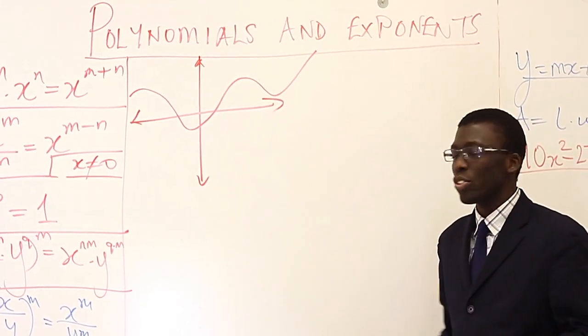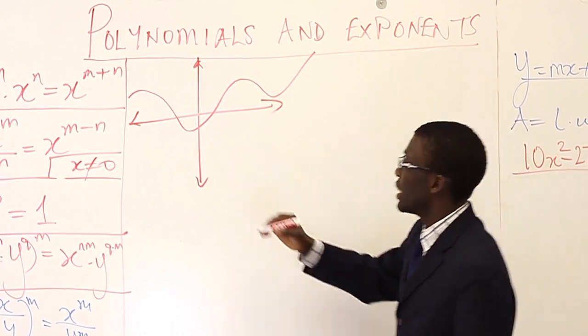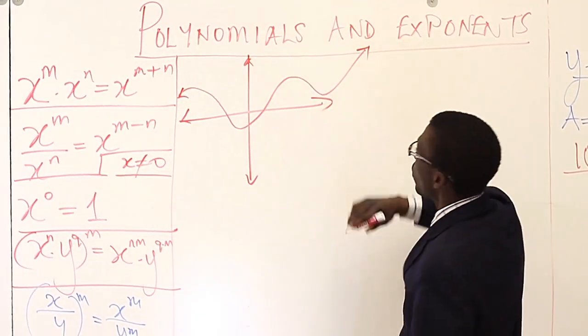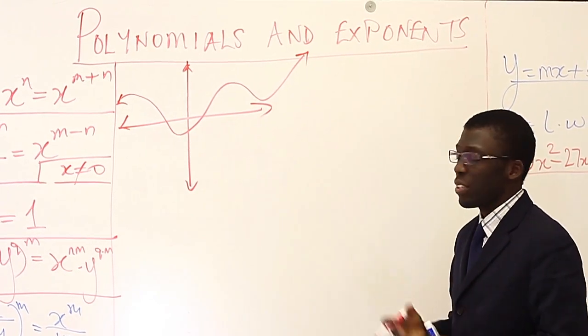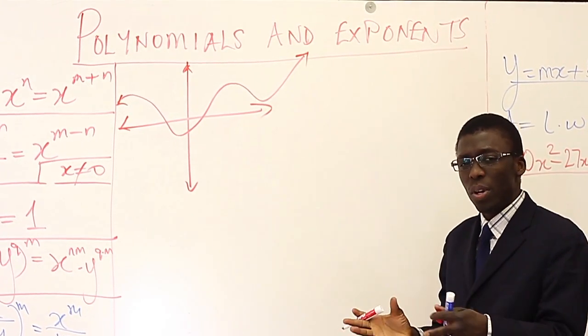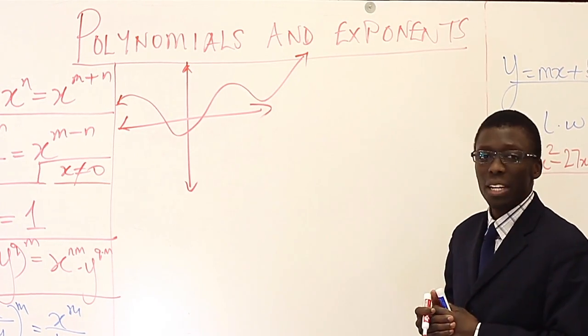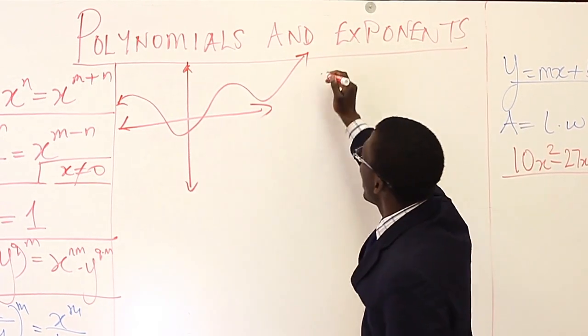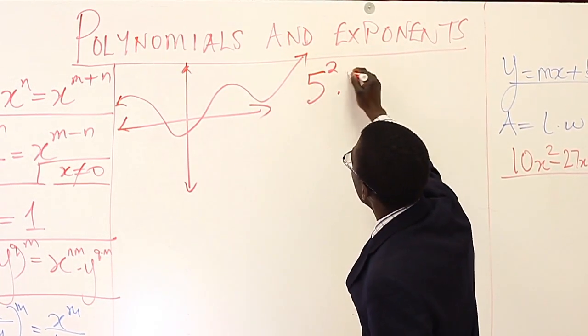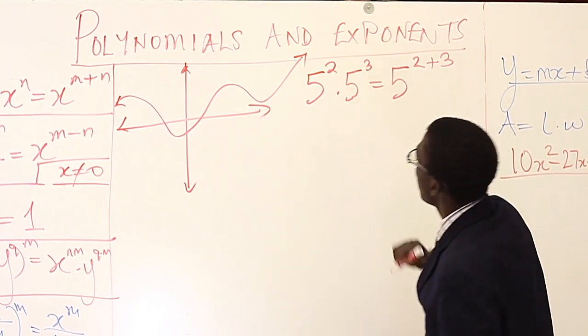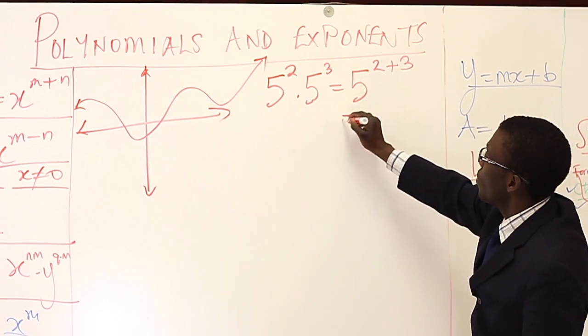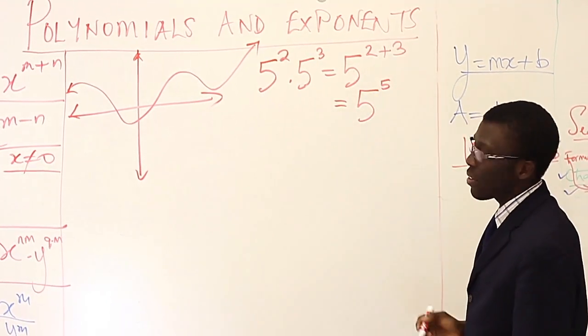Now, there's more that goes into that, but I just think it's interesting what you can learn about polynomials and roller coasters if you were to do the research. But in this video, I just want to talk about the rules of exponents and how they tie to polynomials. So basically, when somebody says 5 squared times 5 cubed, that is the same thing as that, okay? 5 squared times 5 cubed is the same as just adding the exponents and you get 5 to the 5th